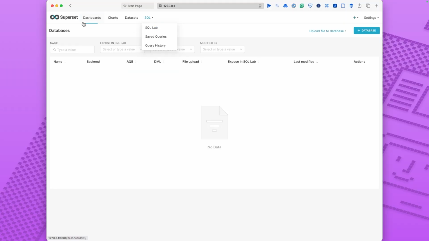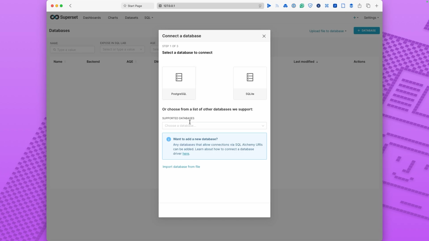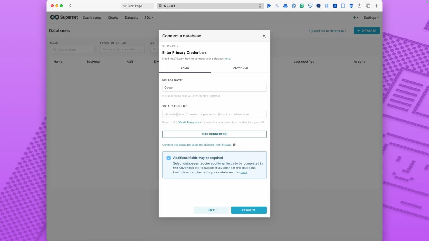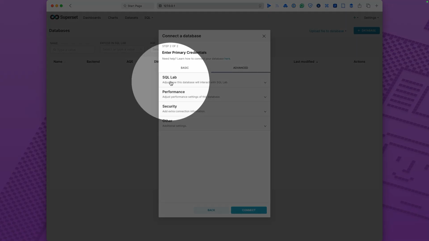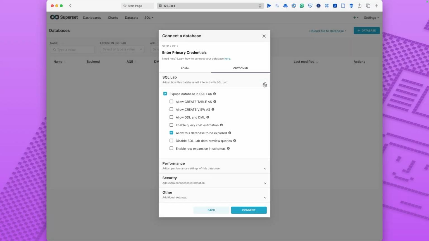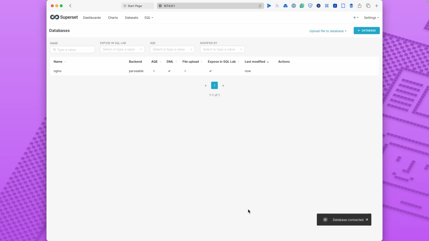There's one other thing you can do with the underlying data in Superset, and that is SQL queries. But there's a couple of extra steps here. So first, we'll set up the connection as always. This one I will call Nginx. Set that URL as always, but go over to the Advanced tab and allow certain features on the SQL Lab tab here. We need this one and this one and this one. So the middle three and the last one. Connect to that. And there we go.